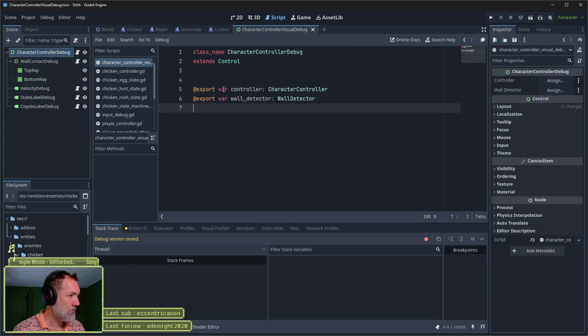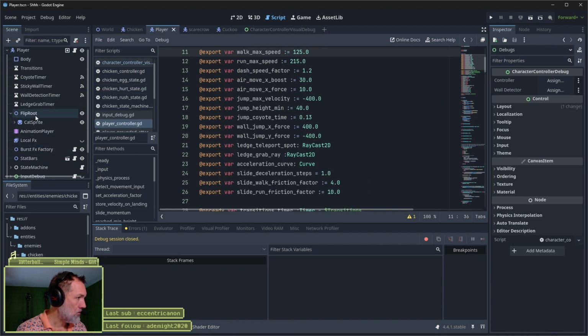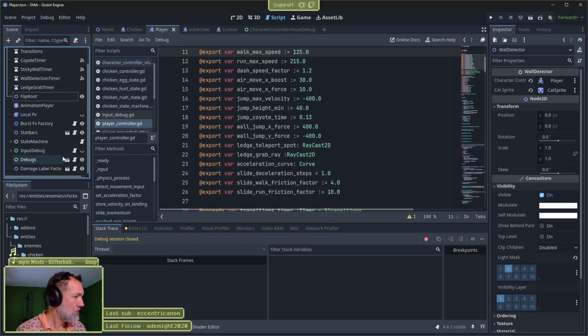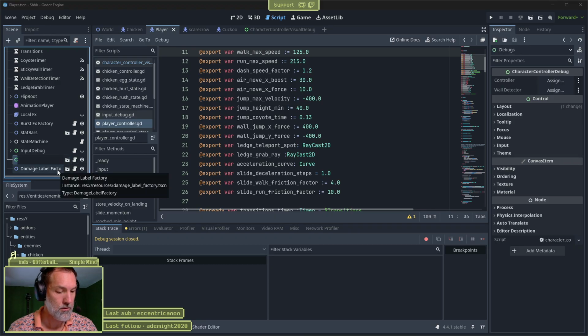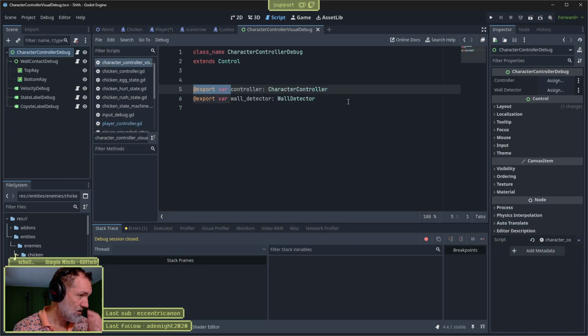Actually, it's wrong. I don't need to export this, neither that. Let's check how it is made in character controller. The wall thing is here, and it has a script. Okay. So I'll find it. Okay, that's character controller. Debug. And here,